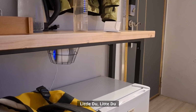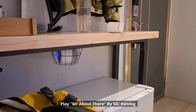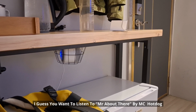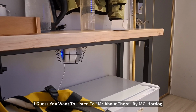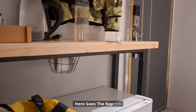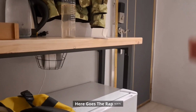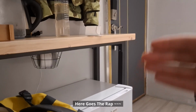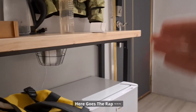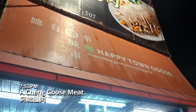小度小度， 我在。 播差不多先生，热狗。 我猜你是不是想听 MC Hot Dog 差不多先生？ 是的。 我抽的差不多的烟，又过的差不多的一年，时间差不多的线，我花的差不多的钱，我也要差不多的线，做人要差不多的钱，我在差不多的边缘。 So after ample time toying with the AI speaker, we